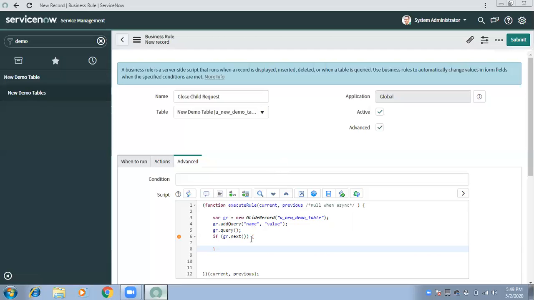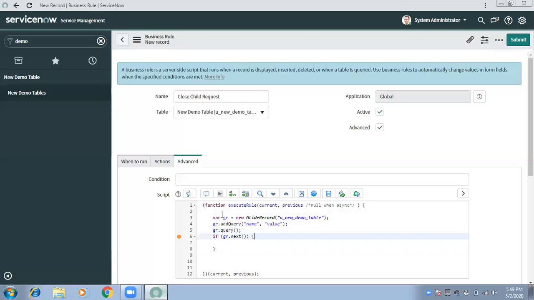If I talk about how many records will be there in the demo table, there could be thousands, right? Will all be the child of a particular record? No, there could be 5, 10, 20 for a particular record which you are closing. So you need to get those exact 5 records because only those should get closed, not all 1000. That is what you need to update, and these lines will help to get those.